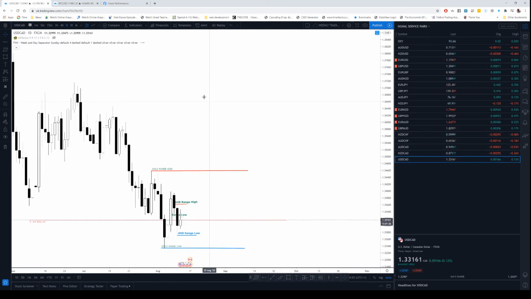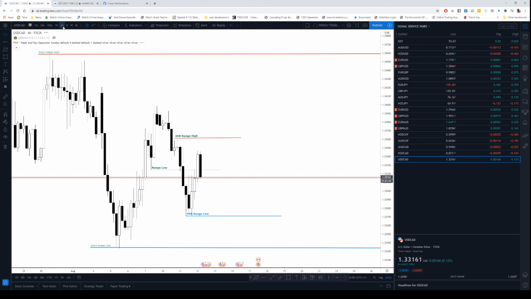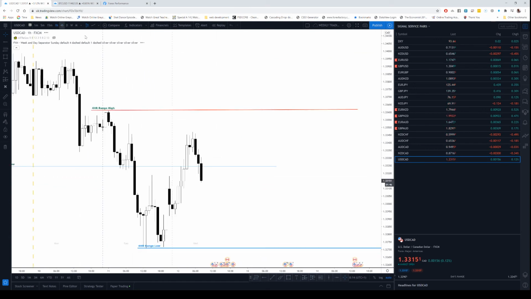And then finally, dollar CAD. I think dollar is strong, CAD is strong, so this thing is now going to stay sideways. All right, so for our longs that we have,